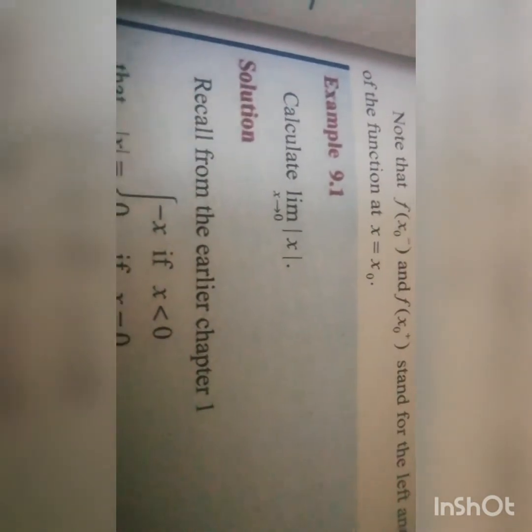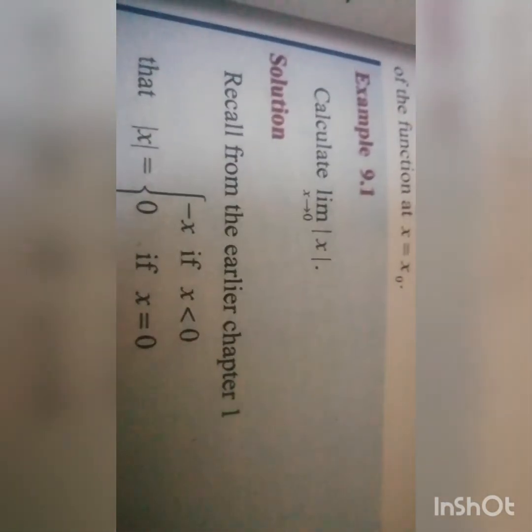If x is less than 0, what is the meaning of that? It's a negative value, a minus number. So x belongs to the negative values. What is the modulus of x? You can put a minus number and still get the positive answer. Suppose modulus of -1: what is it? Equal to 1. What is the modulus of -2? Equal to 2. So modulus of x means if x is less than 0, we get minus x.